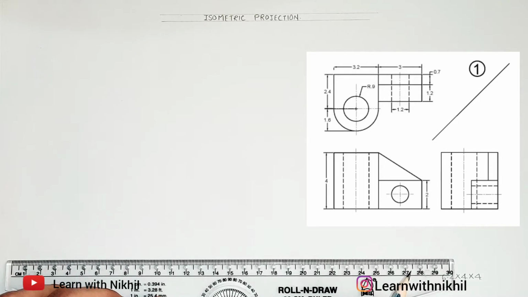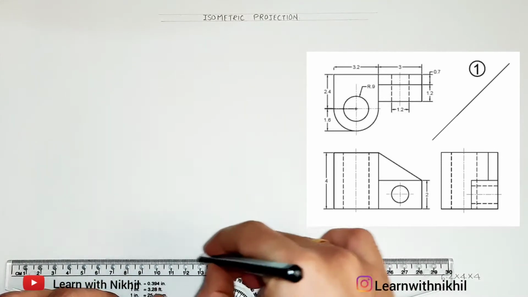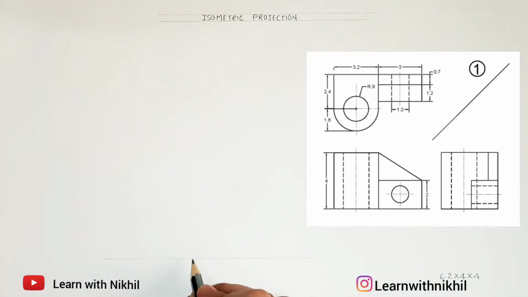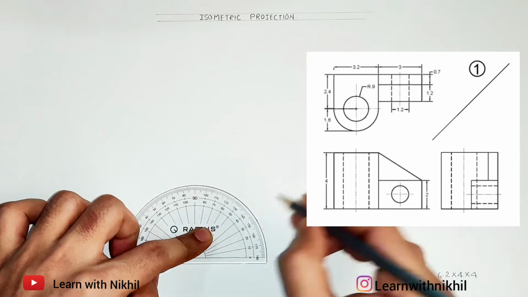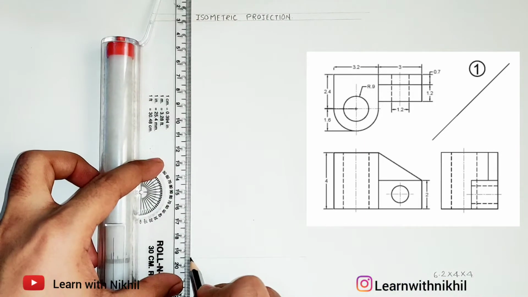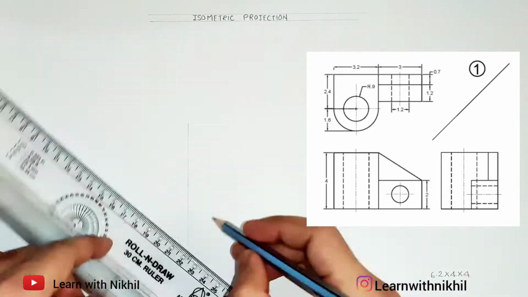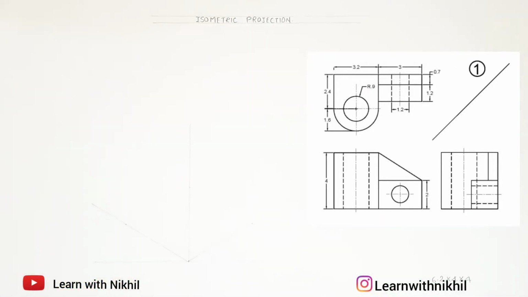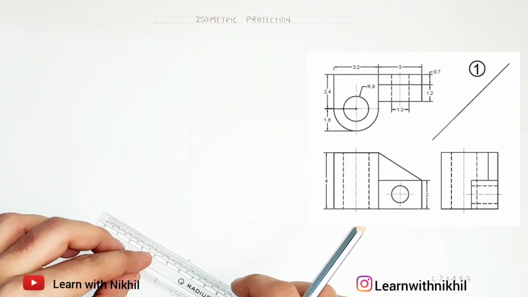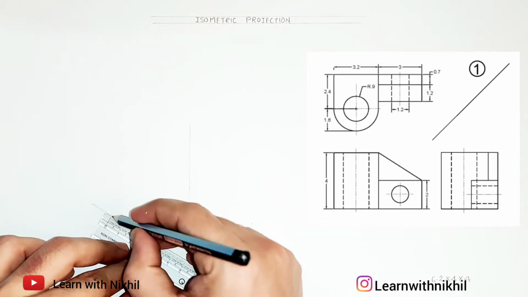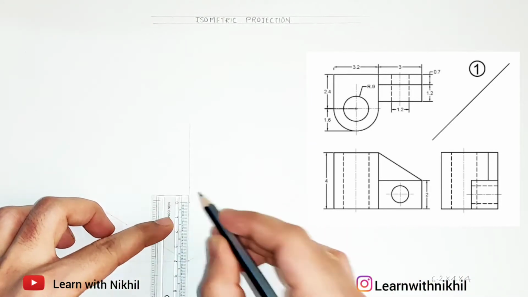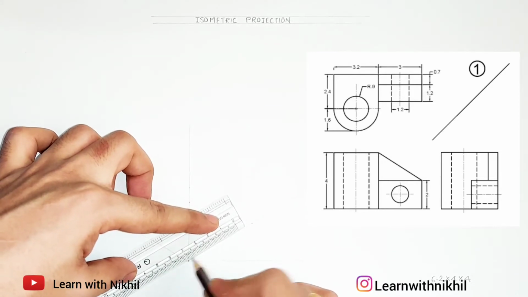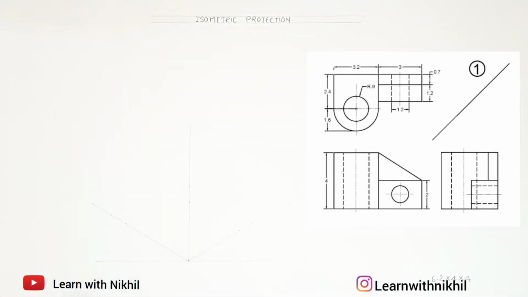Now next step, as always, we'll draw the axis. We'll draw a straight line and mark a center point. Through that center point we will draw three angles, that will be 30 degree, 30 degree and 90 degree. Through those points we'll draw light lines. Now here will be the front view, so I'll mark here the point at a distance of 6.2. Height is 4 and the depth is also 4. So here will be the side view.